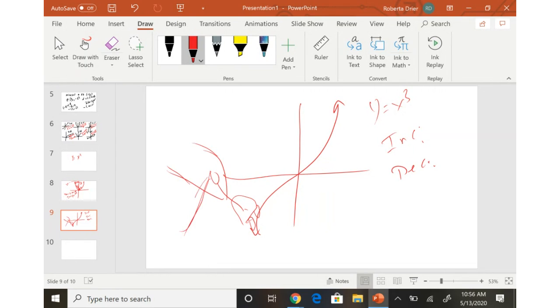Hey, Leela, are we going to go up or down here? We're going to go up. So at what point do we turn and go down? Do we ever go down? No. If I just keep riding it, will I always go up? Yeah. So we are increasing from negative infinity to infinity, and we are decreasing never.